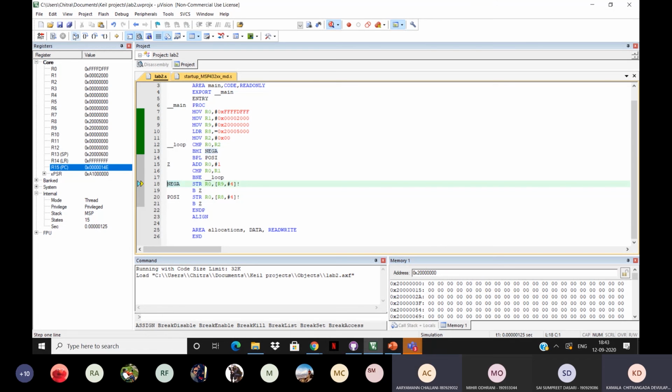So initially, yeah. Have they told you in class what are the memory ranges in the microcontroller? No, they haven't given us any memory ranges or anything. Yeah, so read-write memory starts from 2 followed by 7 zeros.